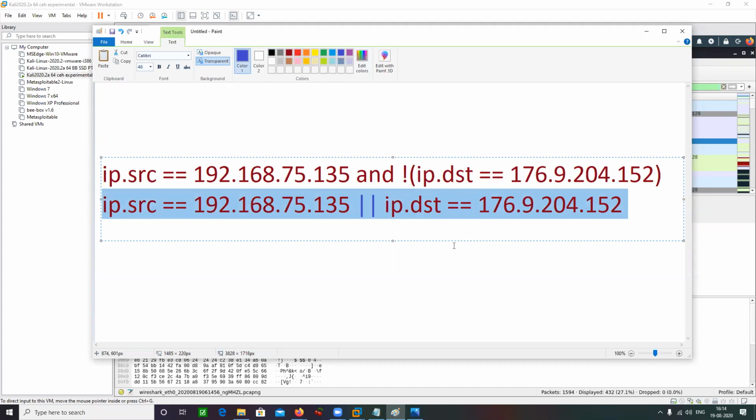Tell me. Pass packets except the source IP.